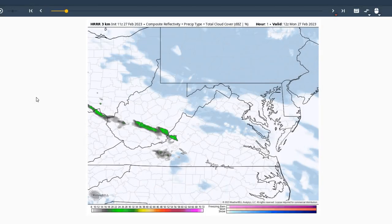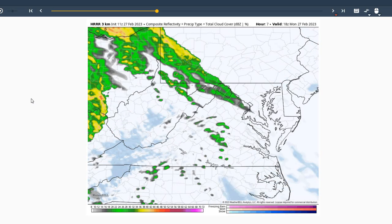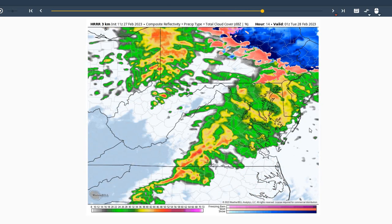So looking at our HRRR model for today, you can see that cloud coverage thickens, and once we get past about noon to 1 to 2 o'clock, you can see this warm front associated with this streak of radar reflectivity possibly moving into our region, but most likely won't occur. We'll move into the evening hours. Here's 8 o'clock this evening, and that's going to be when we see our chances of rainfall moving into the